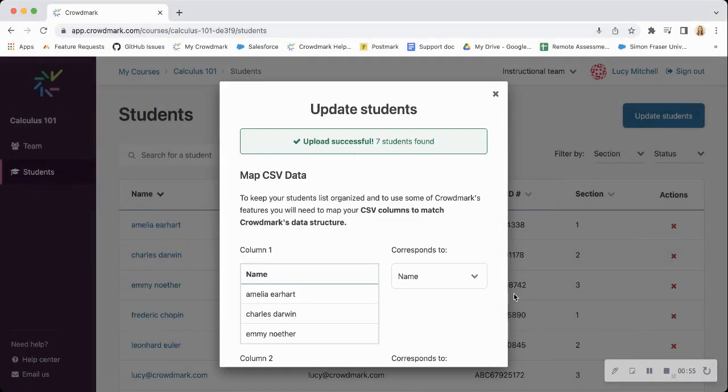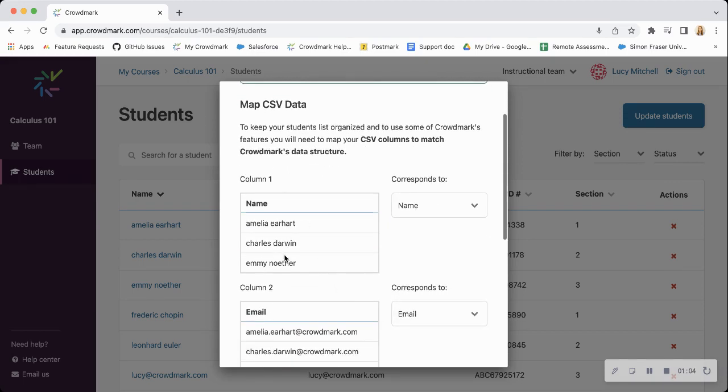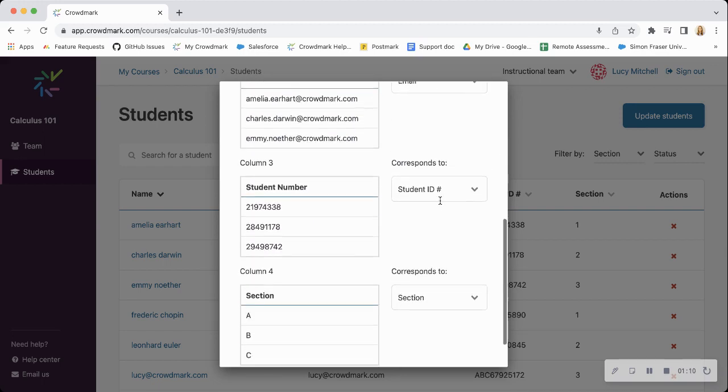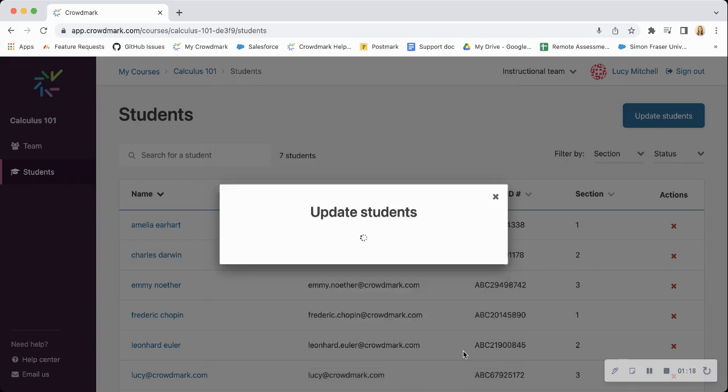Now this will need to be a full course roster, a full list. Again, you'll be asked to map that information and make sure that the information in these columns corresponds to the correct category, and anything that needs to be updated, you can use the drop down to update that. So you can see here that the CSV had section information which is alphabetical, and if we click continue here